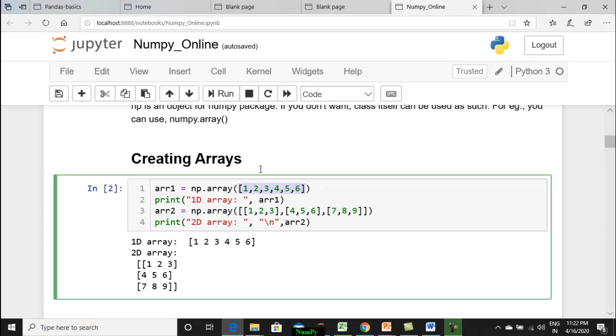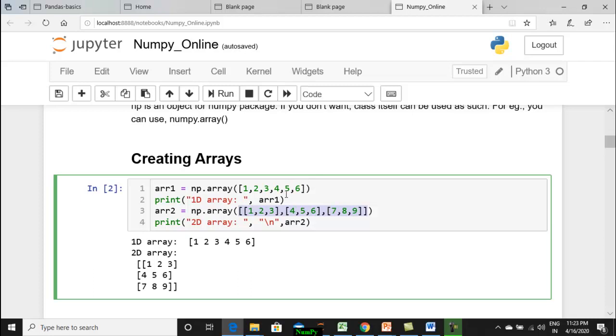The method available for that is array. So np dot array, where we pass the elements. This is a one-dimensional array, and hence one square bracket is provided. Suppose we want a two-dimensional array, we create it like this. How to differentiate it? Two square brackets are there. The first square bracket represents the outer list, and inside it every row is specified by an inner list.